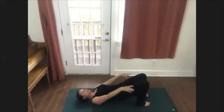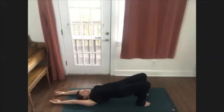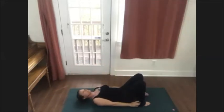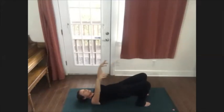Nice and gentle here. You don't have to go super high. Inhaling, lifting the hips. Keep your gaze on the ceiling, please. Exhale, lowering the hips. And as you continue to move with the breath,